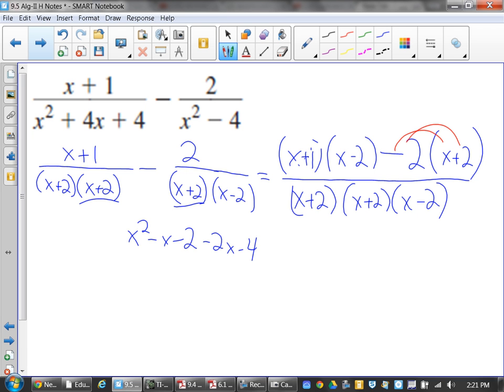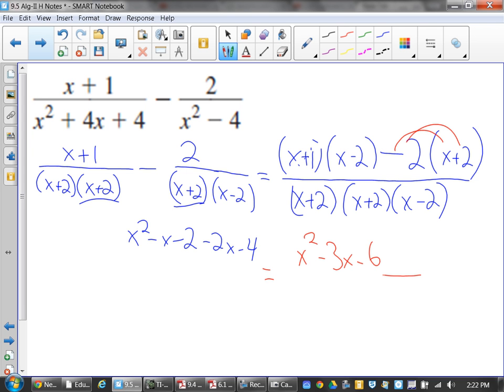You're going to forget to distribute the negative to both parts. You should, but you usually forget that. Okay. So you combine your like terms there, and you wind up with a numerator of x squared minus 3x